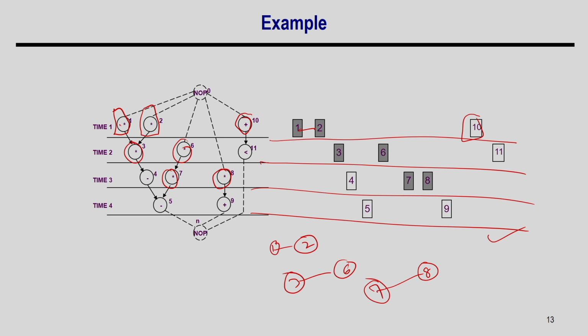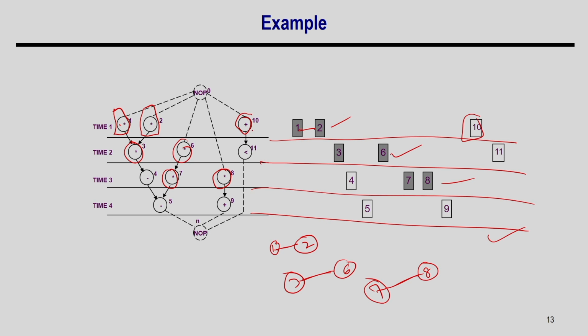Obviously, it is a chordal graph because there is no chord or loop. We can see here that 1 and 2 have a conflict, so their intervals are overlapping; 3 and 6 have a conflict, so their intervals are overlapping; 7 and 8 are conflicting, so their intervals are overlapping. So, this is how I can get the intervals. For a given schedule, I can identify the intervals of each operation based on their schedule. It may be noted that if one operation is scheduled for multiple cycles, its interval will span more than one cycle.